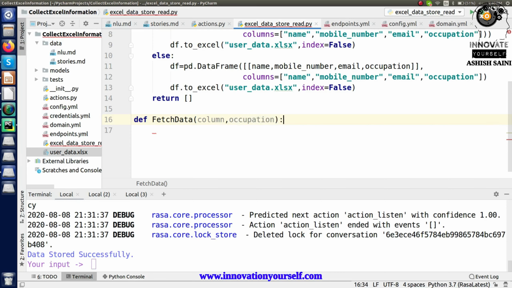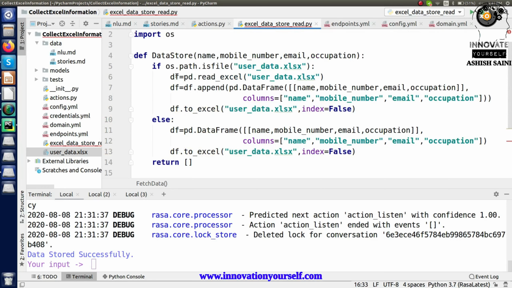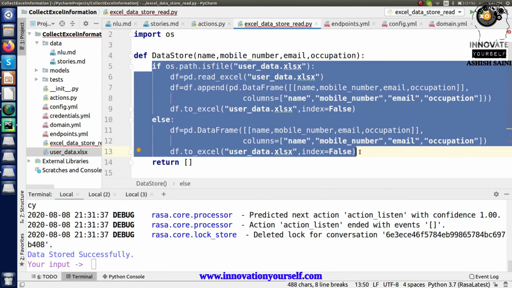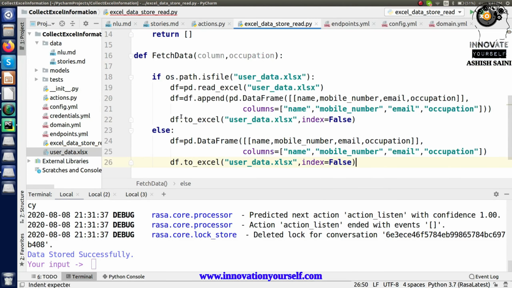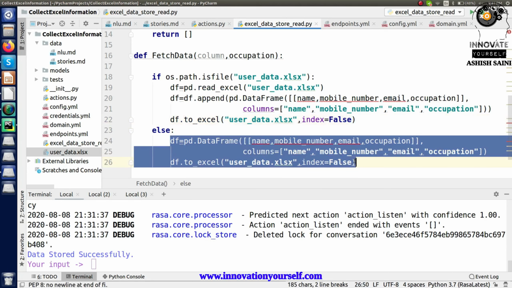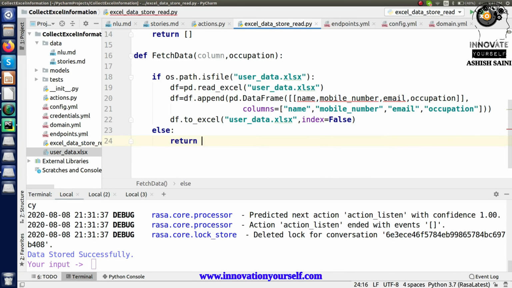So these are the two arguments which I am writing in here, and based on that, when you are going to call it, that means you already have the data with you, right? So based on that, let's say I'm just going to copy this and paste it in here. If in case that file exists, then definitely I have to do something, right? But if in case that file does not exist, at that time I simply have to return a message. Let's say return, and in the return the message will be like, right? So this is what I can do.